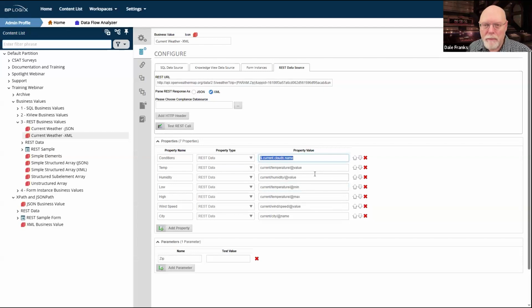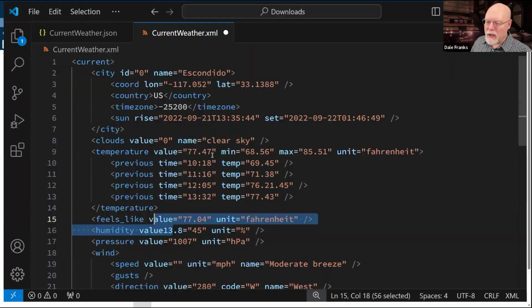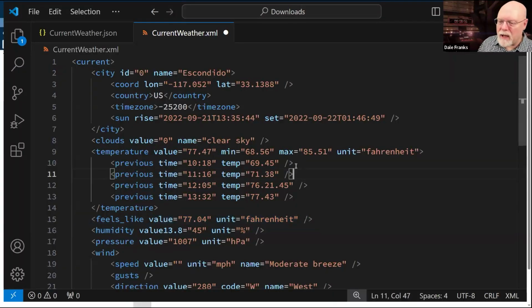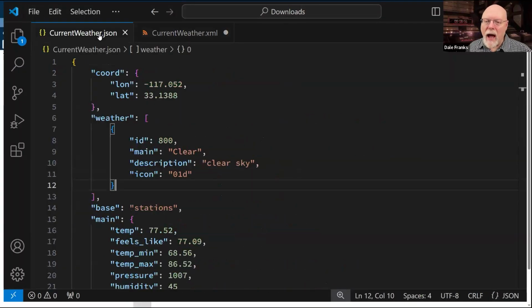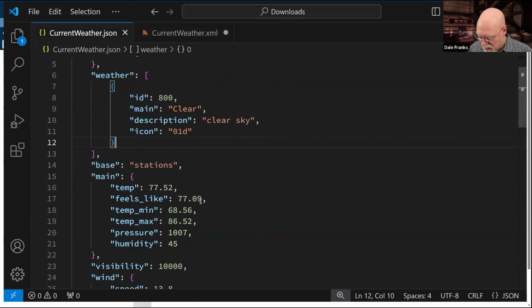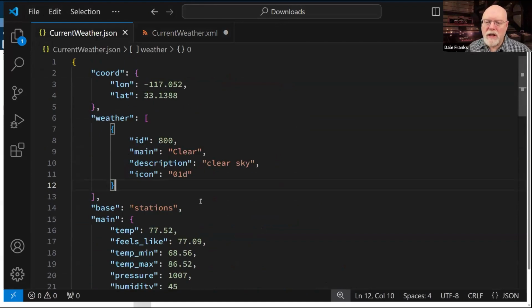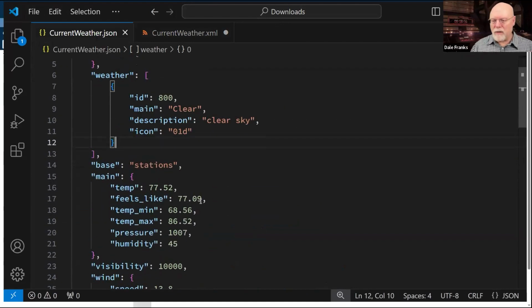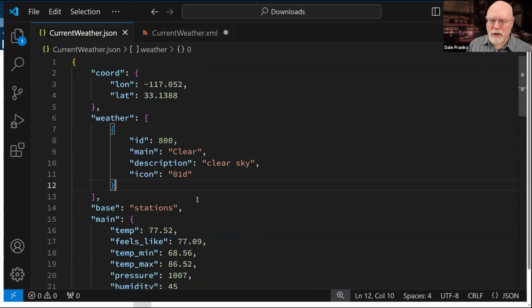No, it won't, because there is an excellent chance that the data structures of a JSON and XML REST call that are both returning putatively the same data will be so completely different that you might as well start from scratch.